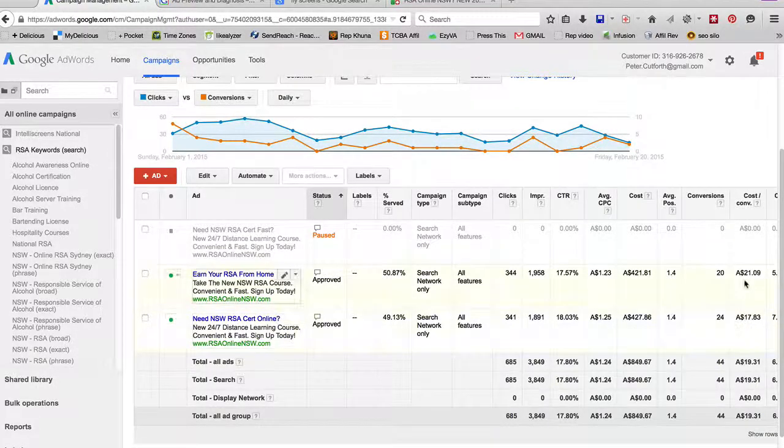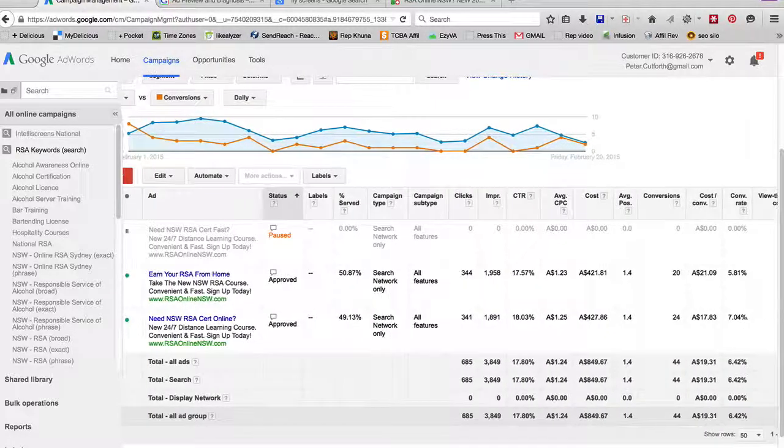and we can look at the different cost per conversion. So in this case, one ad is costing us $20 a conversion, the other one is costing us about $18 a conversion, and we can look at the conversion rate. One's 7%, one's 6%. So possibly over time we would stop this ad because this one's performing slightly better. This is called split testing,